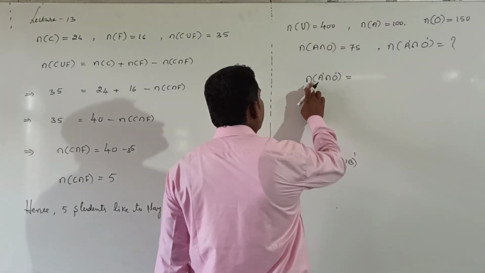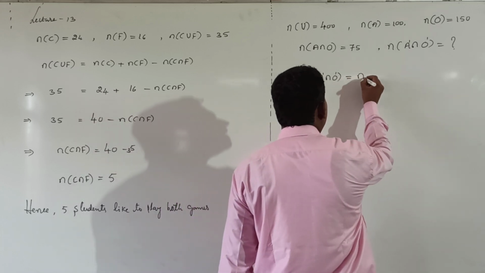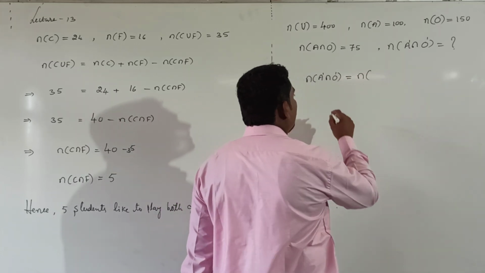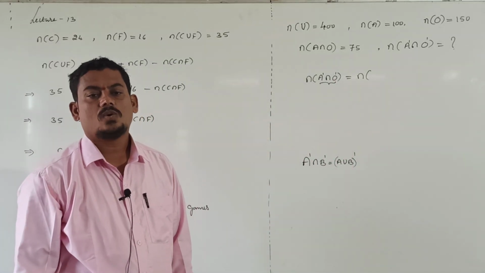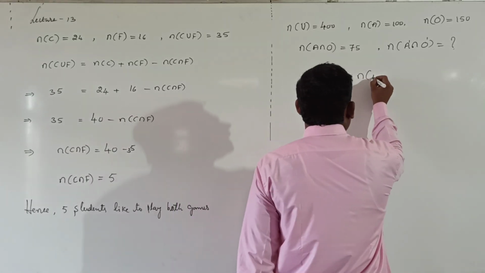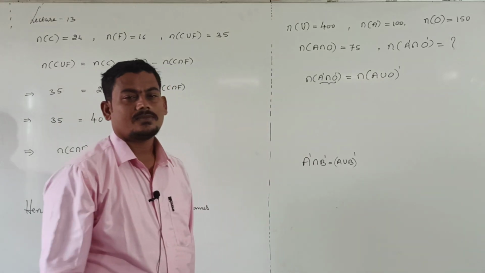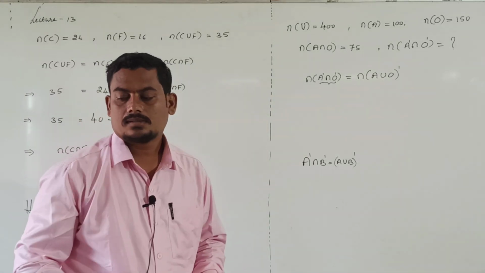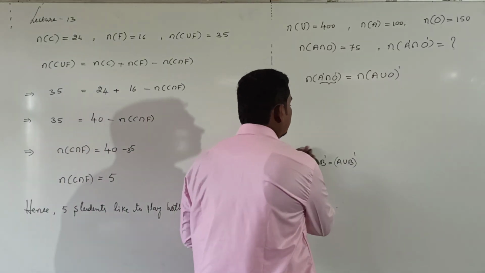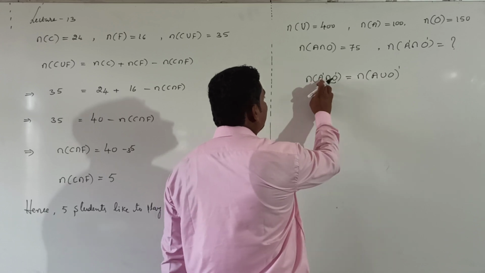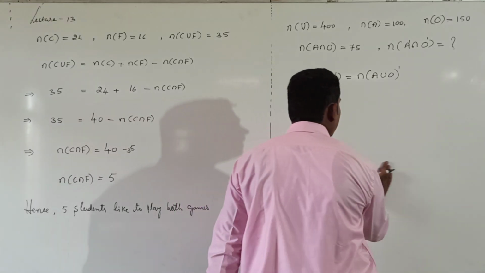So I will write the number of elements in A complement intersection O complement as n of it. I will replace A complement intersection O complement with A union O whole complement, just by using De Morgan's law. This is nothing but neither apple juice nor orange juice. And